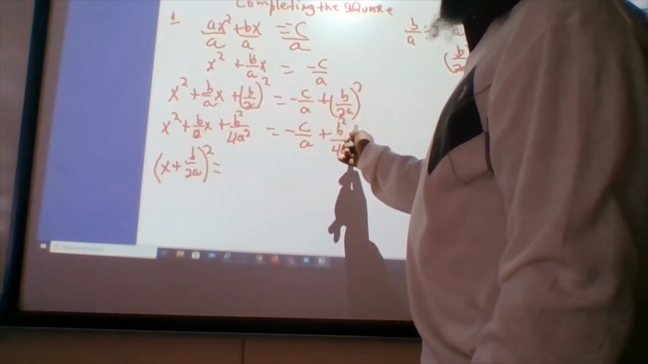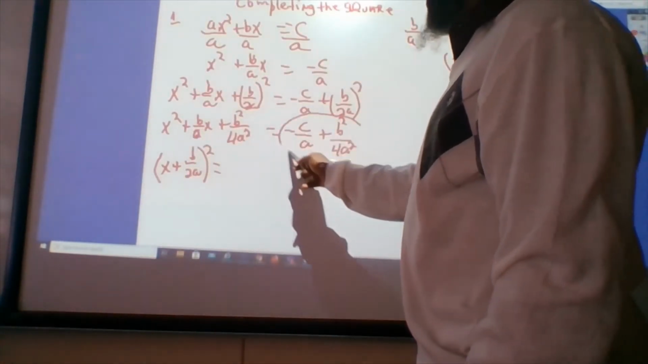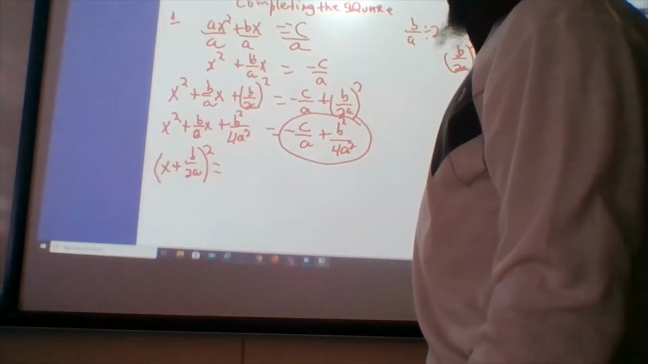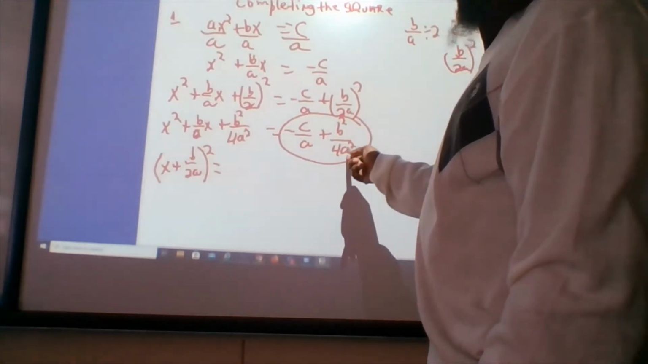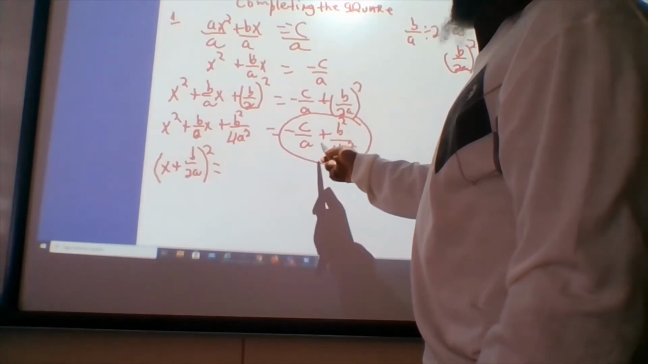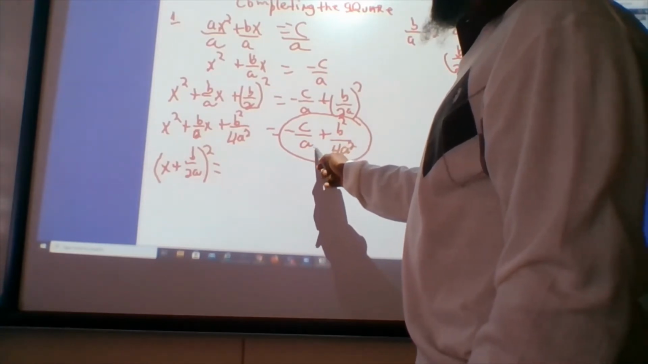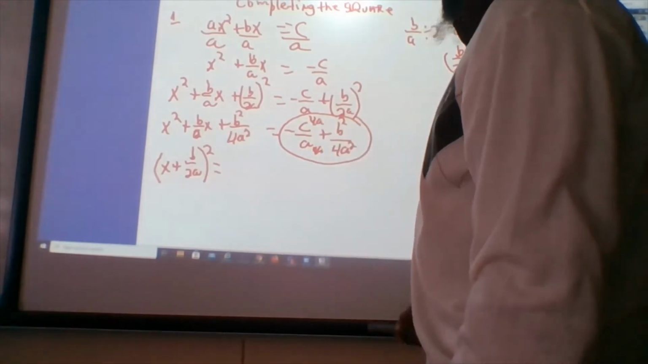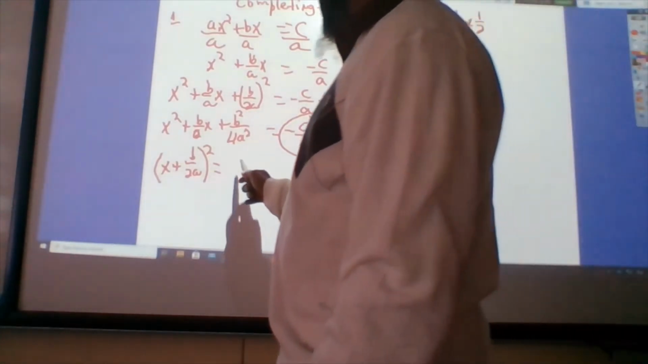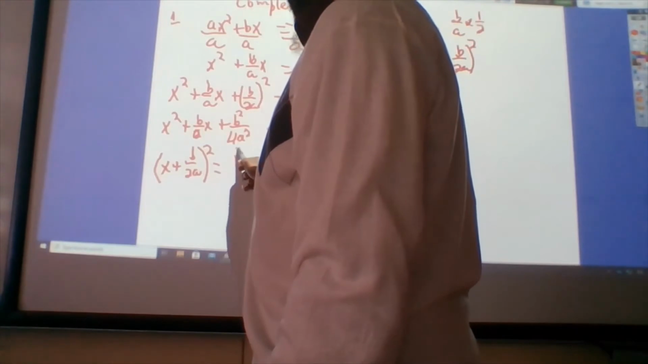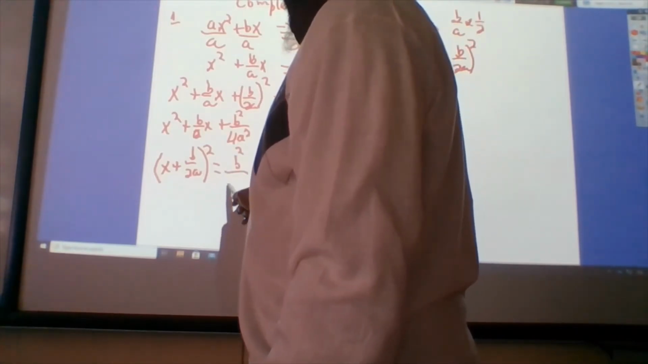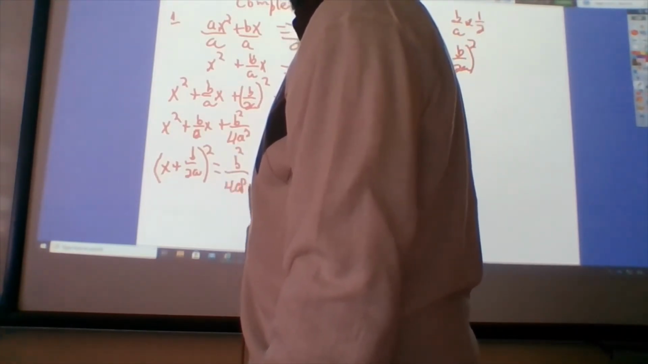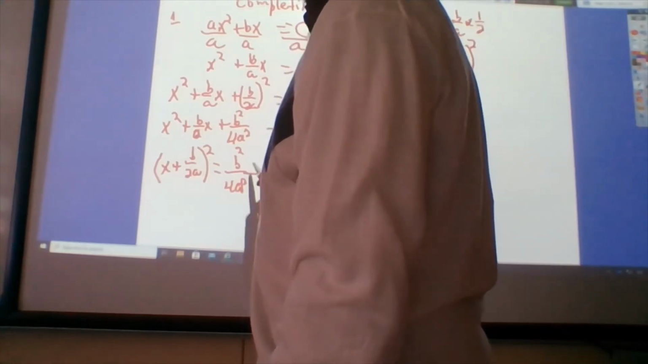Then you will find a common denominator for that. In this case, it's 4a squared. This is already 4a squared. This I will have to multiply by 4a. I have to multiply this by 4a. So you will end up with b squared over 4a squared, minus